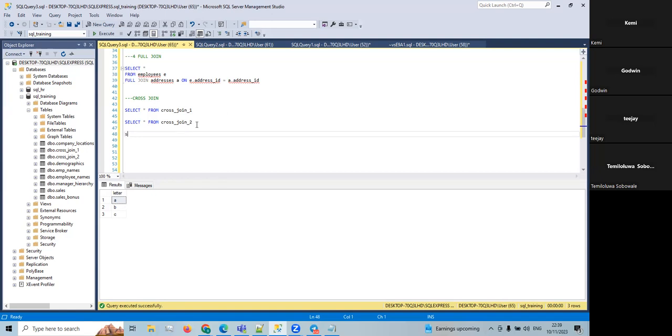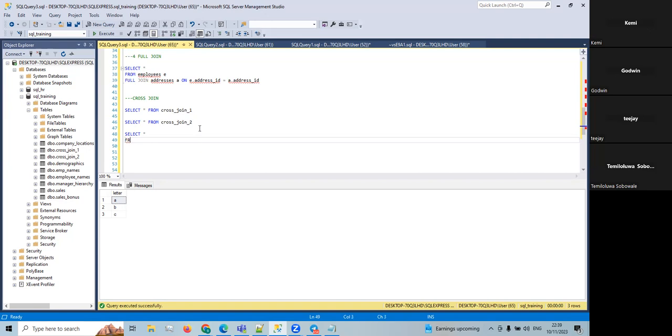So you don't need to know it, but it's just for those who would like to know. So if we want to join table 1 and table 2, cross join 1 and cross join 2, so select